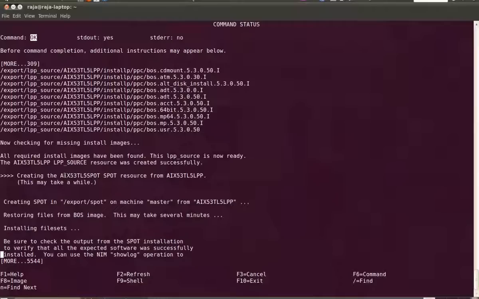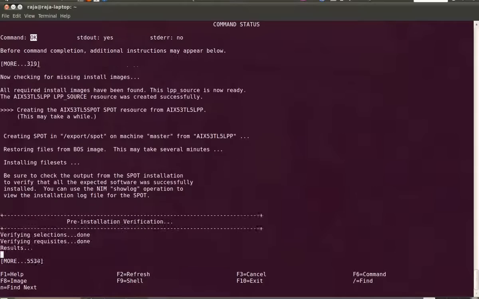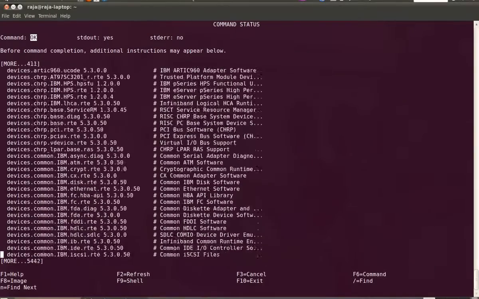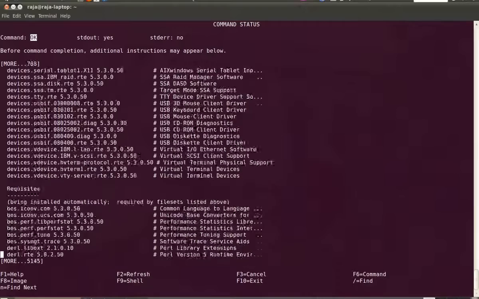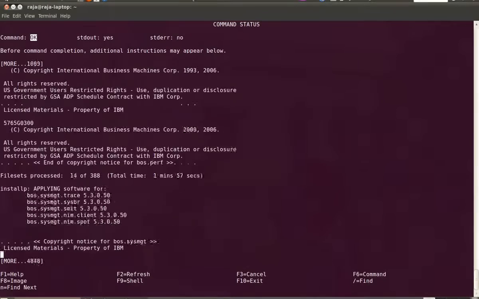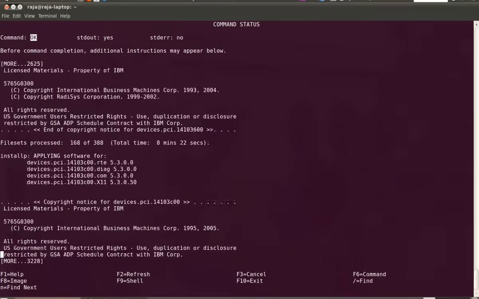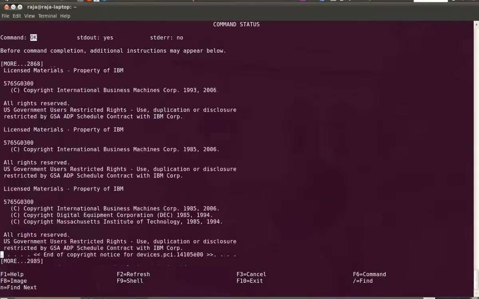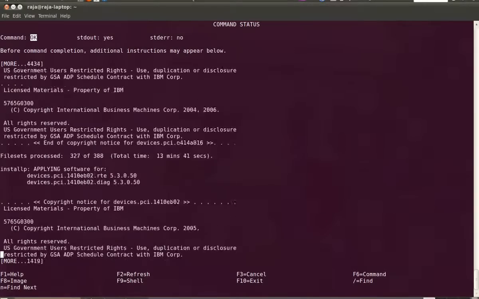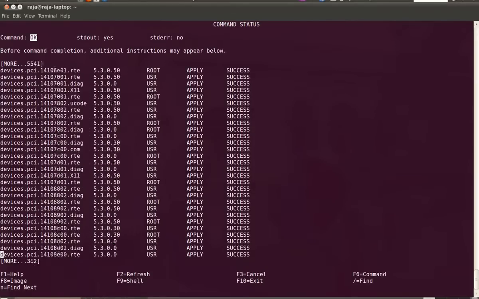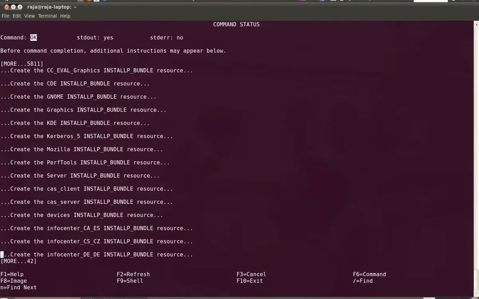Basically the spot will get created from the LPP source. So everything is success.